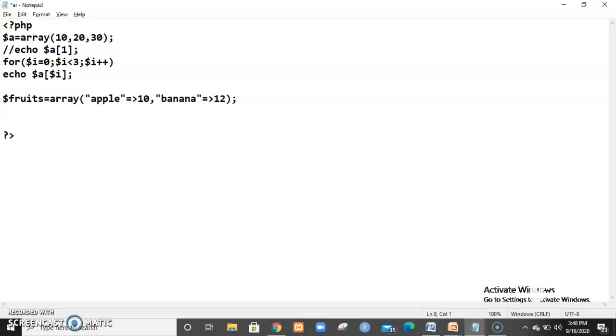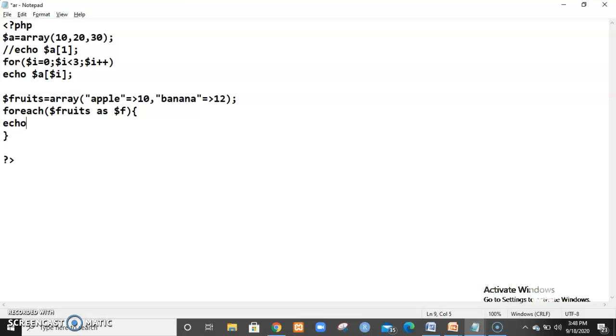Now I want to print these using a loop. Here what we use is foreach in PHP. So take foreach of $fruits, as is a keyword. As is a keyword, we have to use as $f. Okay, $f is a new variable. Now using $f, I want to print the values.